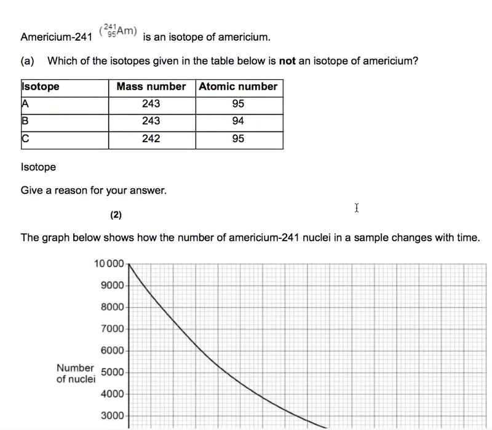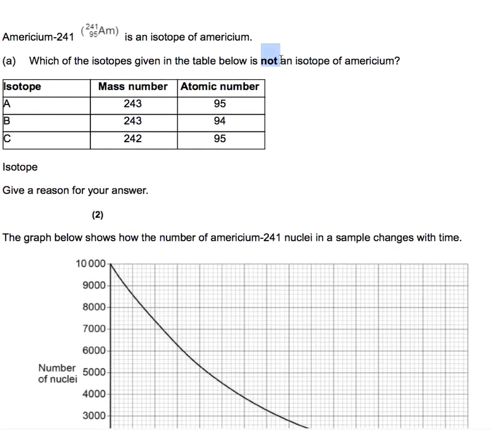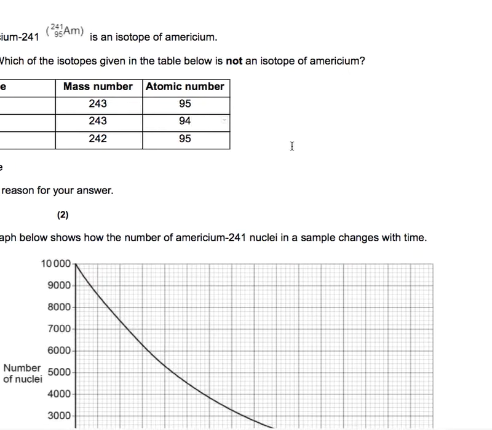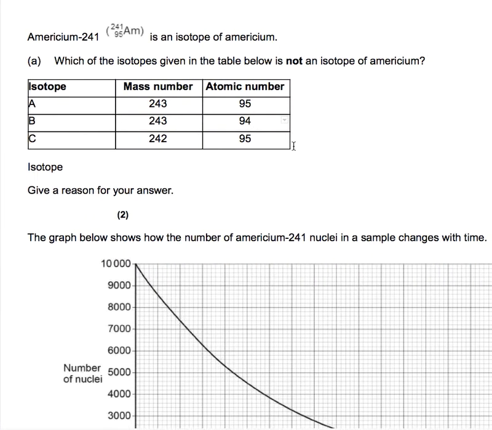Americium-241 is an isotope of americium. Which of the isotopes given in the table below is not an isotope of americium? Look out for that. The word is in bold, trying to be helpful. So, which is not? Well, everything that has the same atomic number as americium is americium. It is the only one that has that atomic number. This one does not have the same atomic number as americium, 95. So the answer is B,